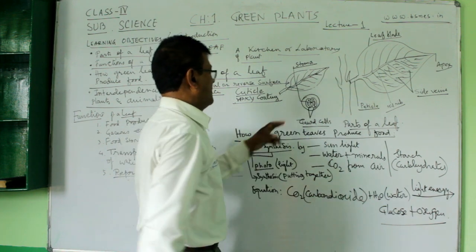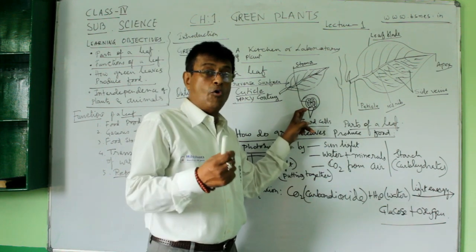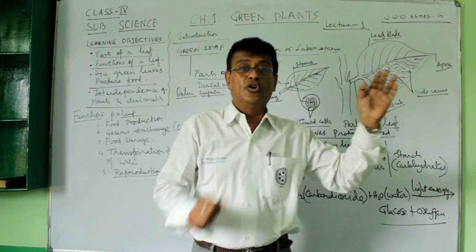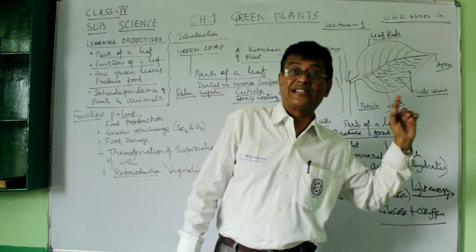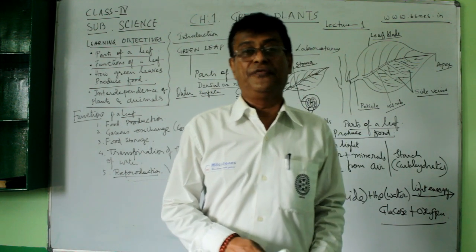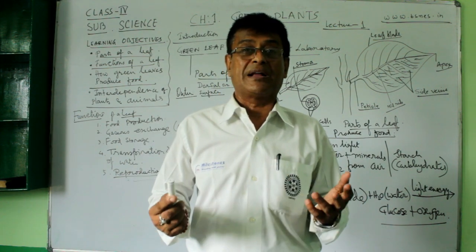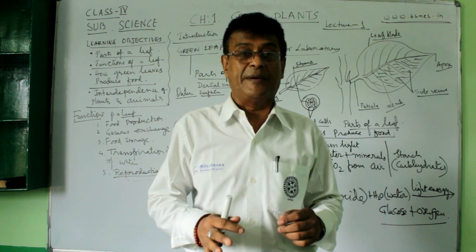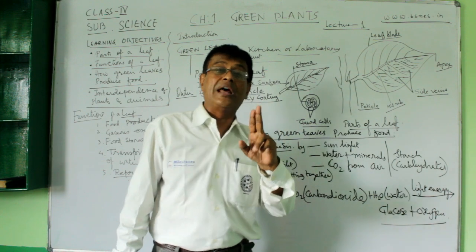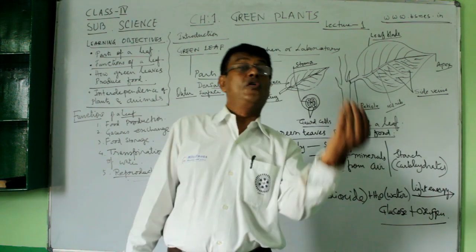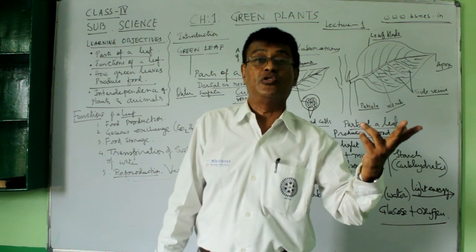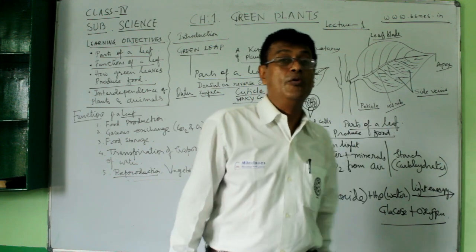The stoma, I told you it's an opening, and the opening has two cells. Two cells like the guards. As you know, in big houses or palaces, there are guards who stand beside the road, beside the gate. If unwanted people come, everyone who is not required for that place, they will not allow them to go. Like that, these guard cells also allow the necessary things to go into the leaf, and the things which are not required for the plant to come out of the plant. So that is how they do.